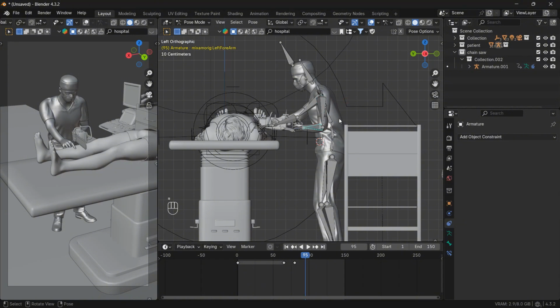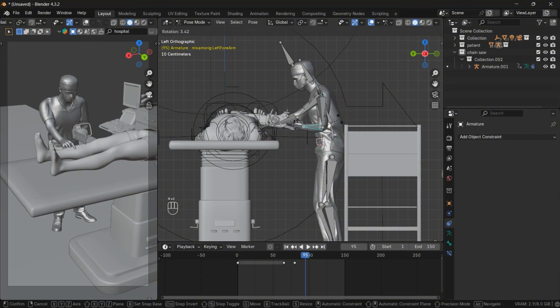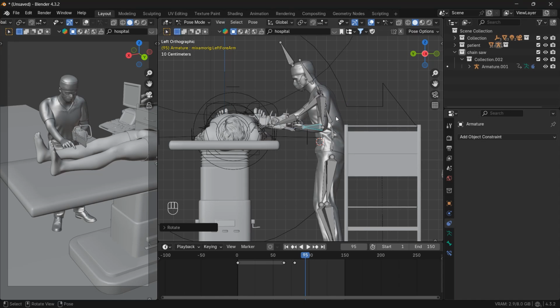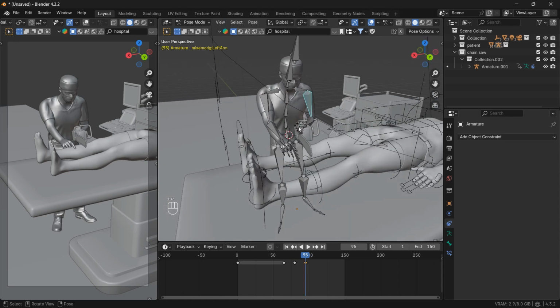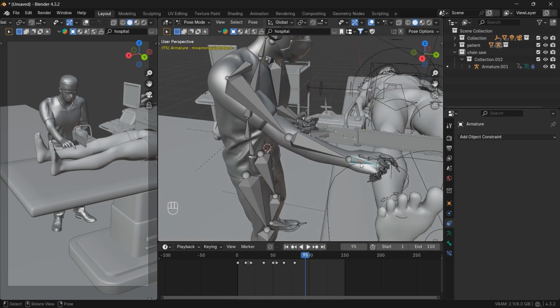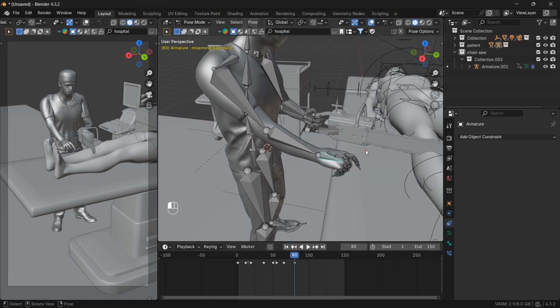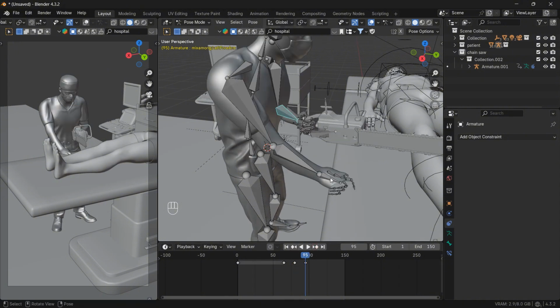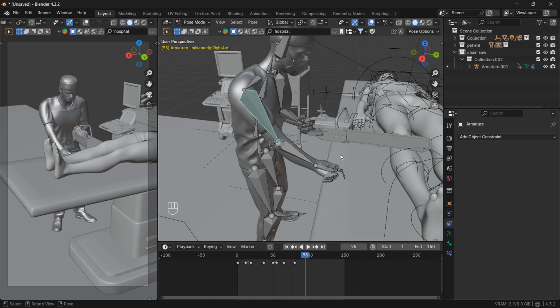Okay, like this. I'm adding the keyframes over here, and for the hand, what we can do, maybe move a little bit over here, select all the bones at keyframe, and after frame number 95, what we can do,